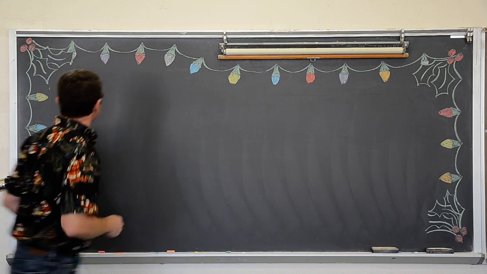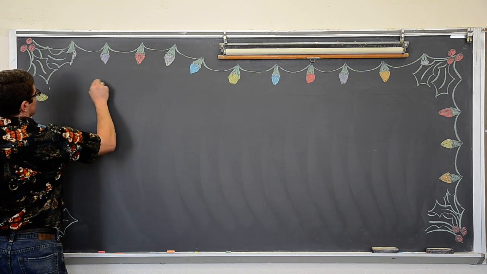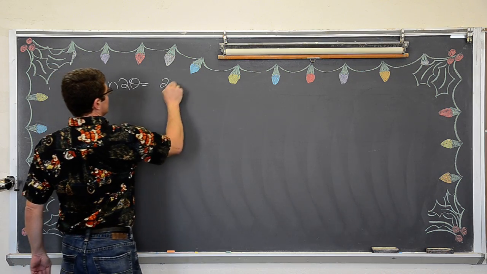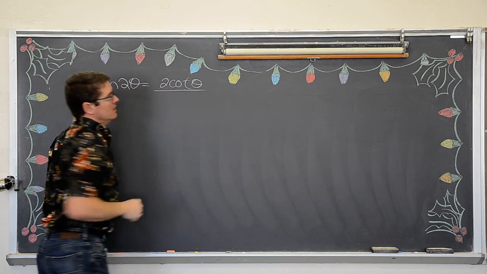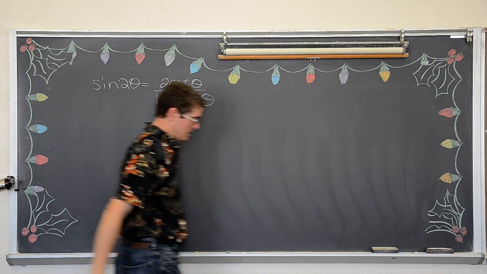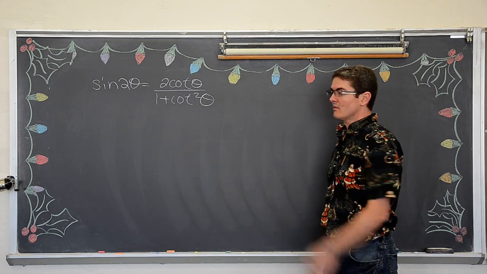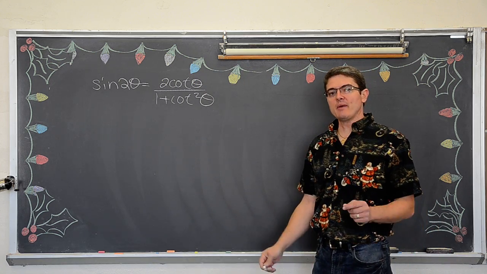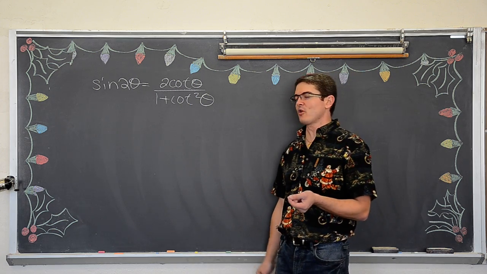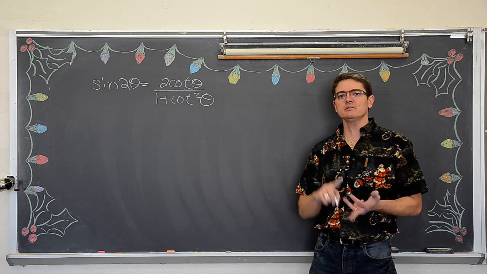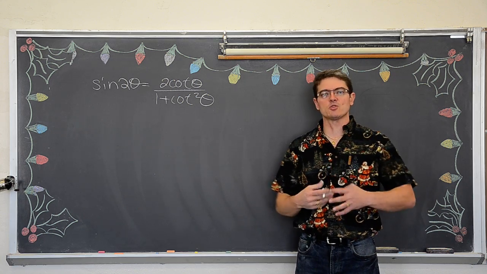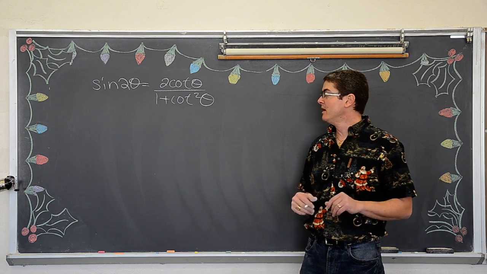So let's get started. The sine of 2 theta is equal to 2 cotangent of theta over 1 plus the cotangent squared of theta. Well, the sine of 2 theta, you should know if you have your identities memorized, and if not, start working on it, or at least look at your formula sheet, is 2 sine cosine. So I need to have all this written in terms of sine and cosine and do some algebra, see what happens, and get the two sides to match.